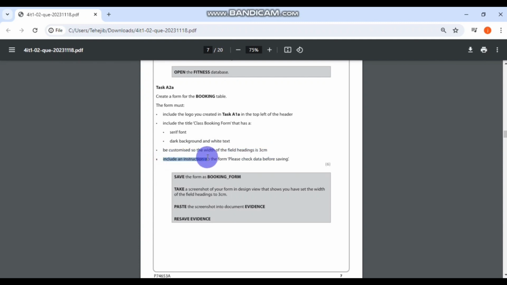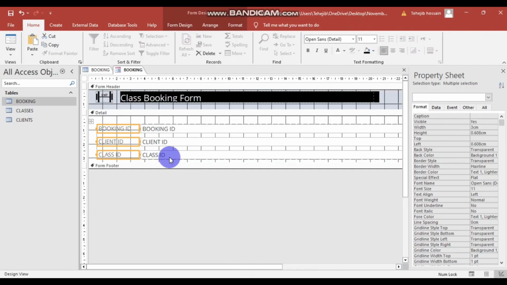Include an instruction on the form: please check data before saving. So that means we have to add an instruction. That means there is some pop-up welcome. I will show you how to do that. So for these things,